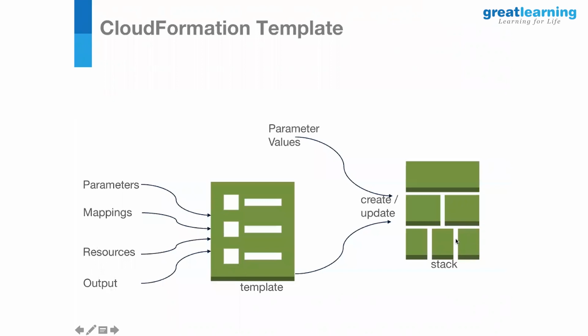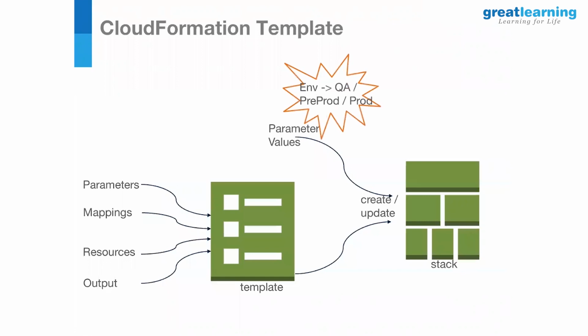If you are having the CloudFormation template to create an EC2 instance, the stack will constitute a single or multiple EC2 instances based on your configuration. So how do you make it a generic pipeline? By passing the parameters. By having different parameters, you can achieve the generic pipeline here.